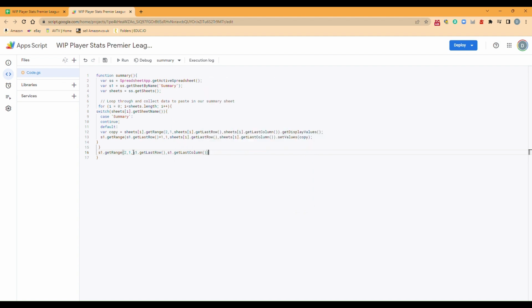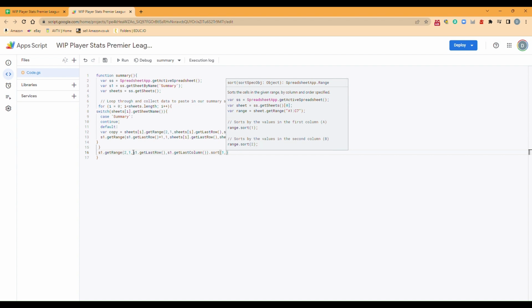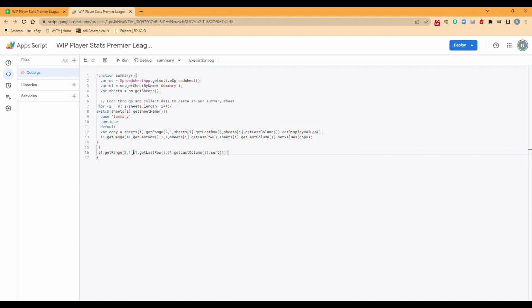Okay, so now we've got our range of where the data is that we want to sort. It's really simple: type in sort. All we need to do now is say which column of data we want to sort within that range. Obviously it's the first one, and we want it ascending, so we're not going to put anything else in there. If we wanted descending, we could literally type in false, for example. But we don't. We want it ascending, which is how it naturally comes if we don't tell it. So that's how we're going to leave it. Now if I save that,